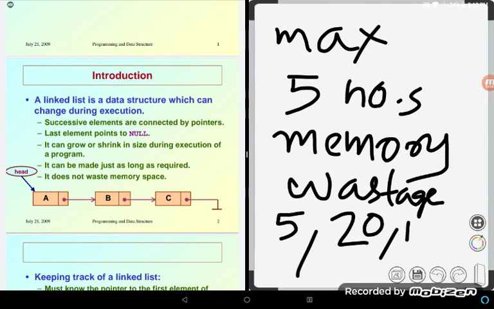And sometimes my program will use 100 numbers and sometimes it is 2. A wide range of numbers I am going to use. Then is it wise to use an array? Definitely no, because an array is an advanced reservation.